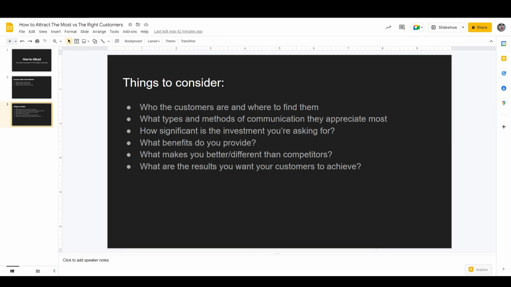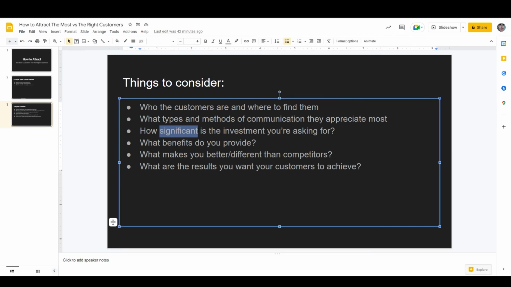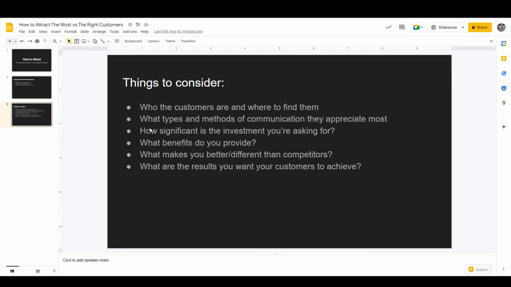Another thing to consider is how significant is the investment you're asking for. Now, the key word here is significant. It's not how much is the investment you're asking for, it's how significant an investment is that to your ideal customer. Okay, so with SystemeIO, obviously they focus on minimal expenses so that it's accessible to everyone, because their ideal